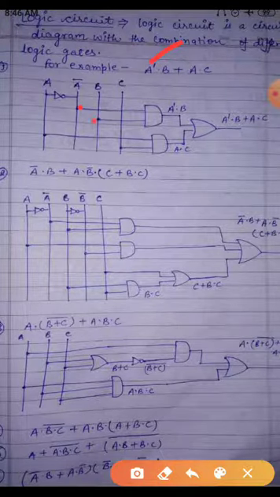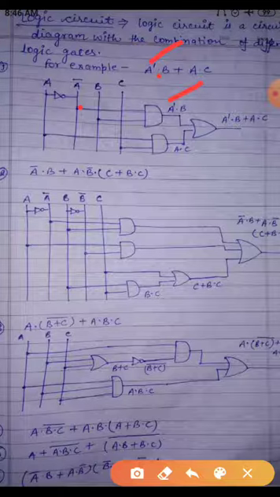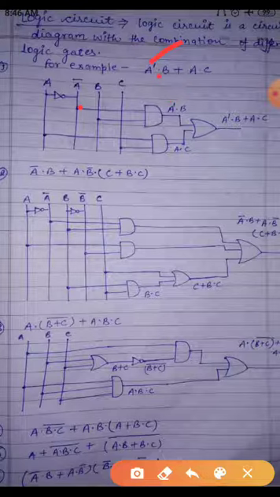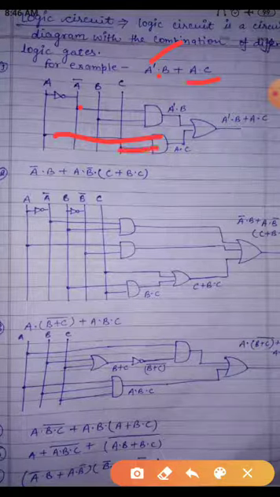This dot is very important because you are passing with two lines. How will you find out कि किससे कनेक्टेड है? When you make your dot, this is connected with the B. अदरवाइज ये C पर से भी जा रहा है तो C से कनेक्ट नहीं माना जाएगा, डॉट वाले से कनेक्टेड माना जाएगा. Next, for A bar dot B, you put the AND gate, and the output you should write here is A bar dot B. The next one is A dot C, connected with an AND gate.